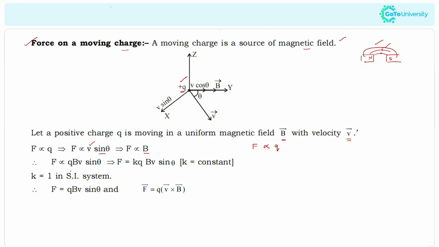When we combine all, we can write F is directly proportional to qBv sin theta. It's known that whenever we have a proportionality in our law, we can write that in equation form by using a constant. Here the constant we represent as k. So here we can write F is equal to qvB sin theta, right? Or else, in terms of vector product, we can write F is equal to q times v cross B. So this is our Lorentz force, right? We know these things already, right? I'm just moving to the next one.